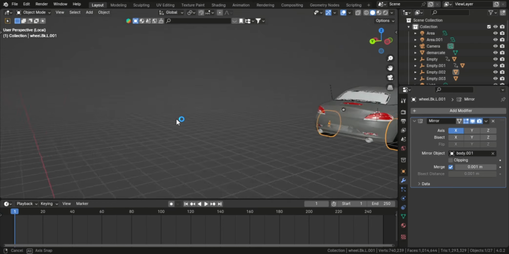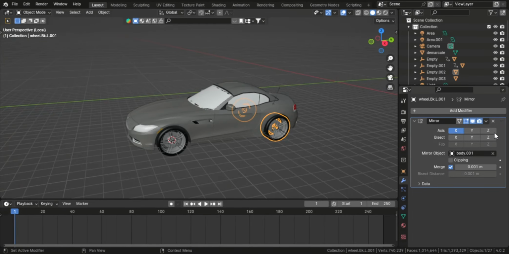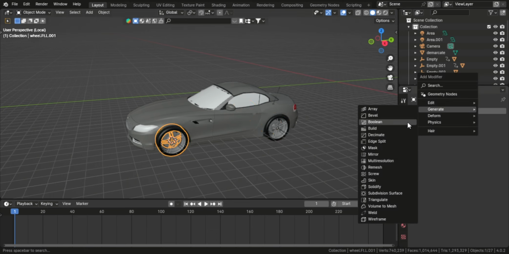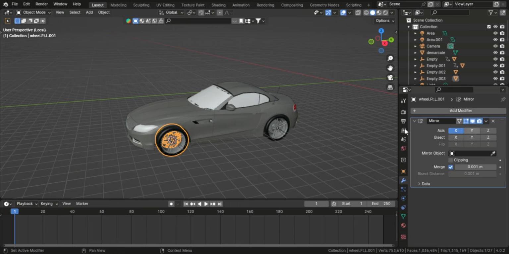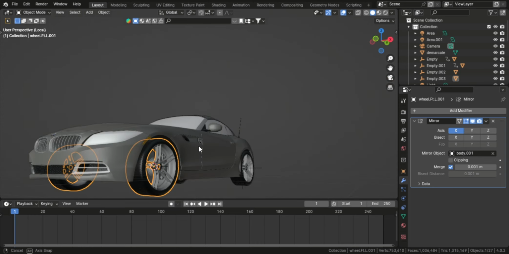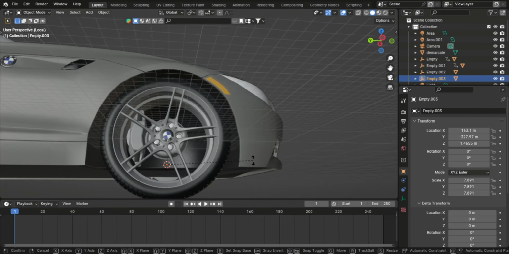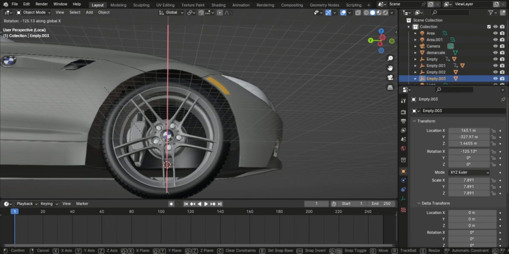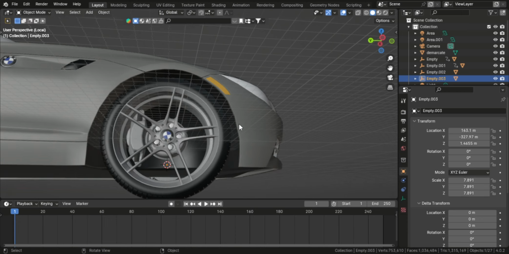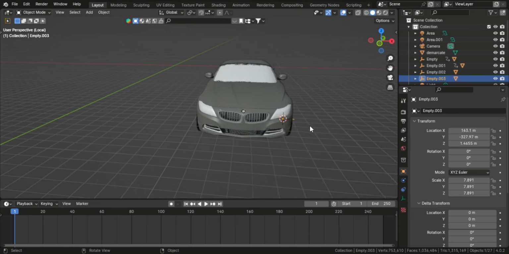That way it's fixed. Before I apply, I would do the same thing for this one. I would mirror on the x-axis, and there, it's fixed. So if I move the empty, both tires will move. Let's look at it, RX. You see, both tires will move, picking up the rotation and